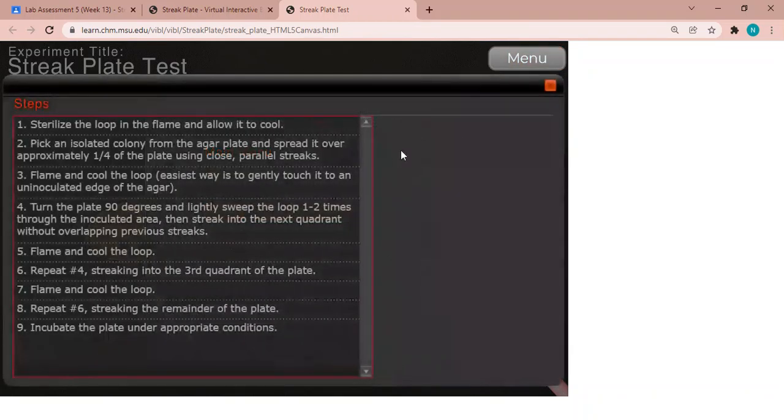Next, here are the steps for this lab simulation. First, sterilize the loop in the flame and allow it to cool. Second, pick an isolated colony from the agar plate and spread it over approximately one quarter of the plate using close parallel streaks. Third, flame and cool the loop, which is easiest by gently touching it to an uninoculated edge of